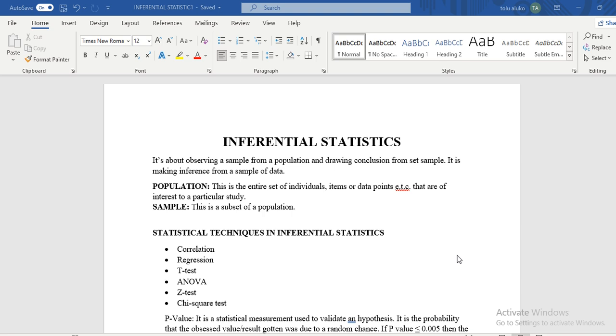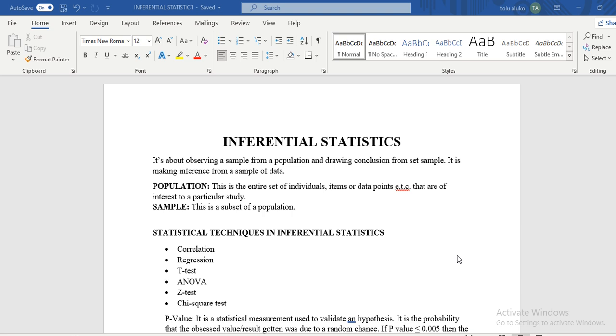We have angular functions there. We have several functions on Excel, but today we'll be talking about correlation, which is under the statistical aspect of Excel. So here we have inferential statistics to break it down, and it is